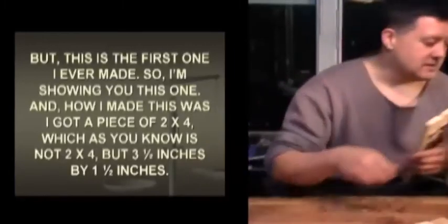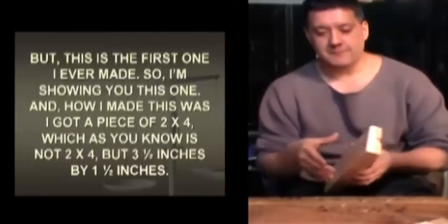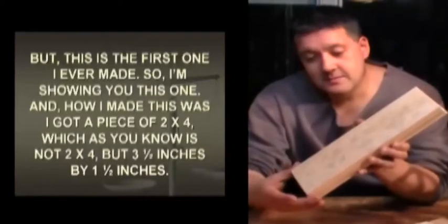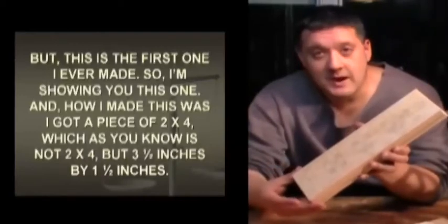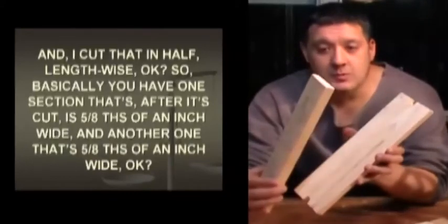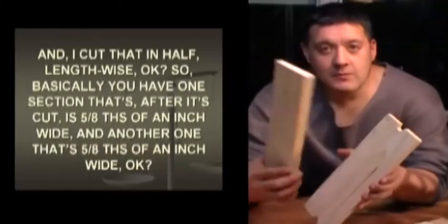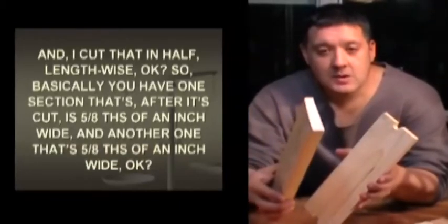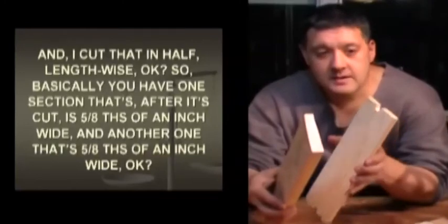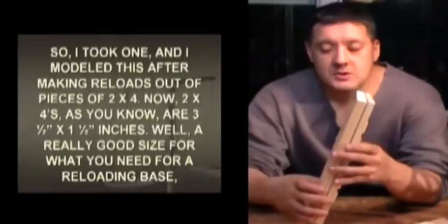And how I made this was, I got a piece of 2x4, which, as you know, is not 2x4 but 3.5 by 1.5. And I cut that in half lengthwise. Okay, so basically you have one section that's, after it's cut, 5/8 of an inch wide, and another one that's 5/8 of an inch wide. Okay, so I took one